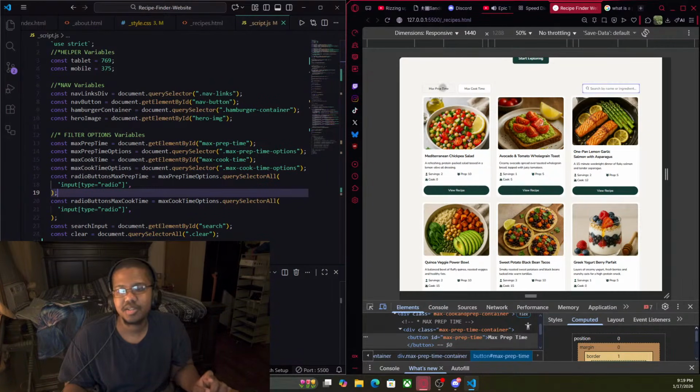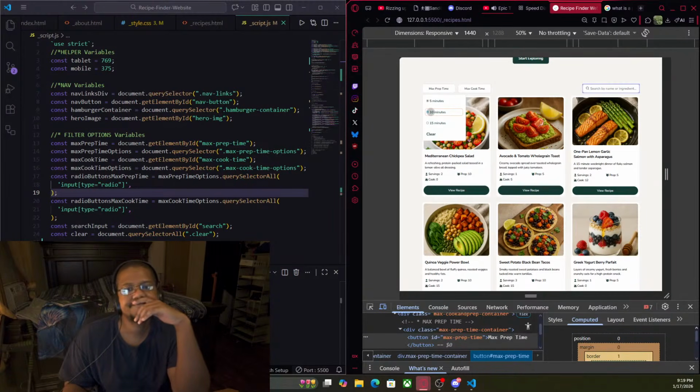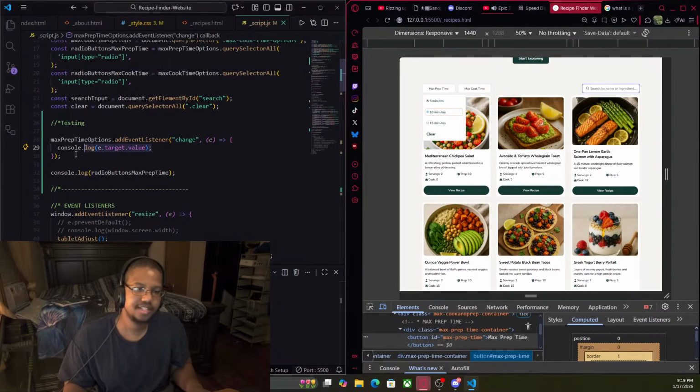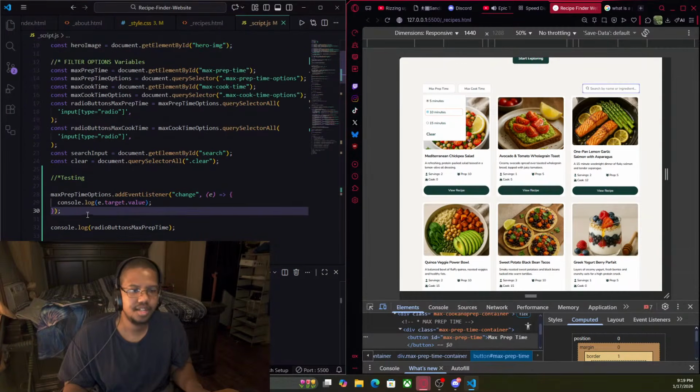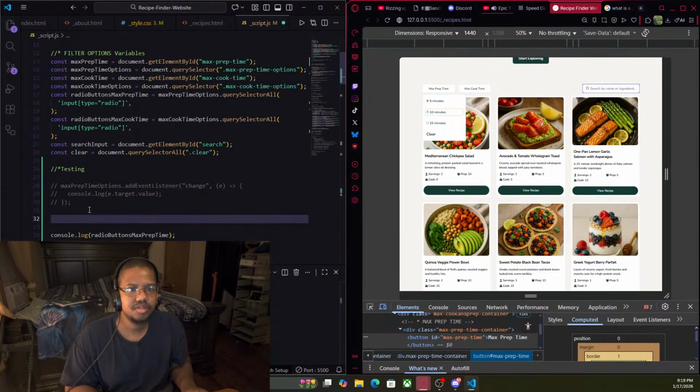Okay, so I've been sitting on this. If I look into the div, then I could run, or do I want to add it to each one of these? Let me see what it would be like if I did. Let's cross this out. But let's do radio buttons dot max